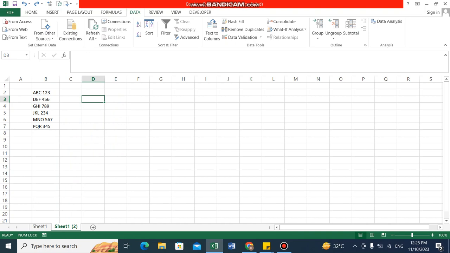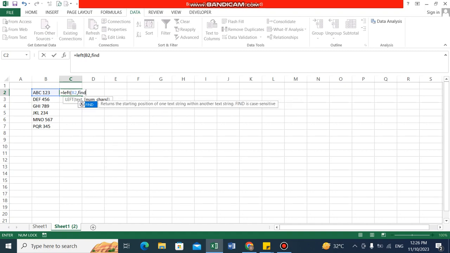For example, suppose we type equals LEFT. The LEFT function is used to extract the left part of the cell, and the RIGHT function is used to extract the right part of the cell. So what we are going to do is select the cell name, comma, and use another function called FIND. Now you can use space. Sometimes there is a full stop or semicolon or any other criteria, and you can select them instead of space,